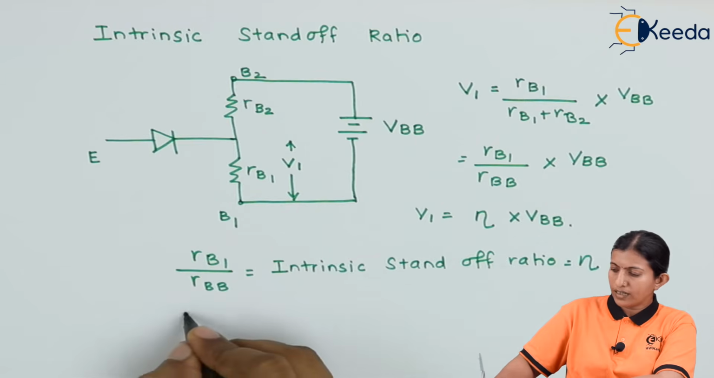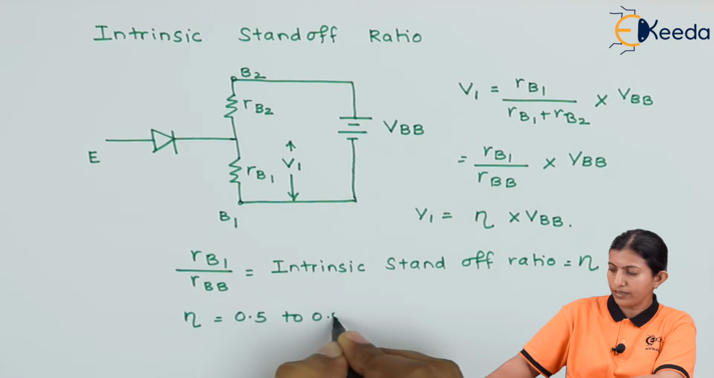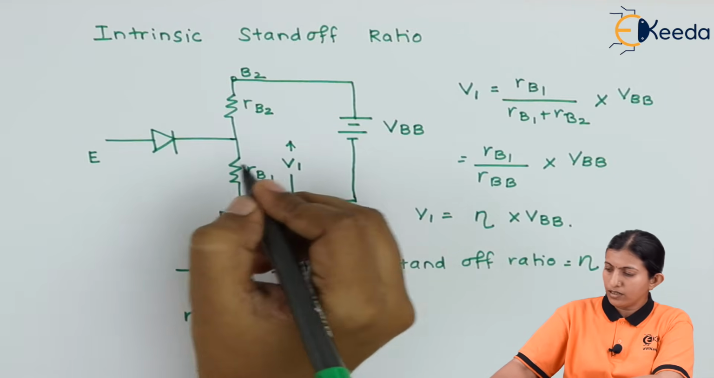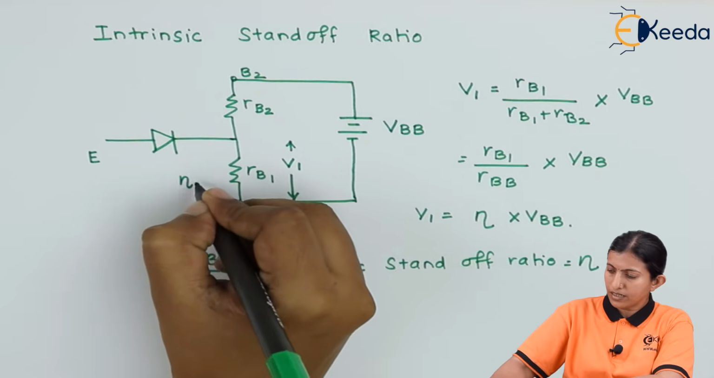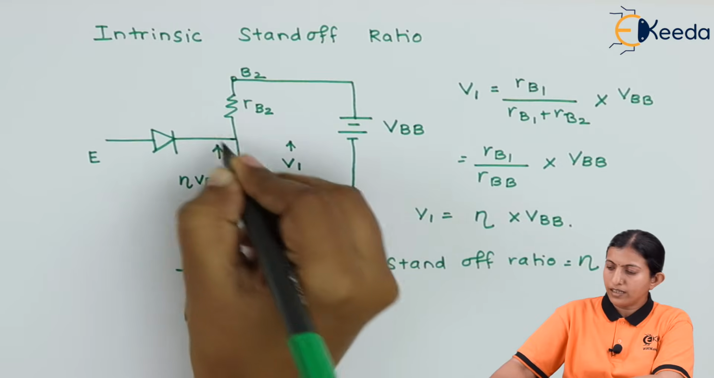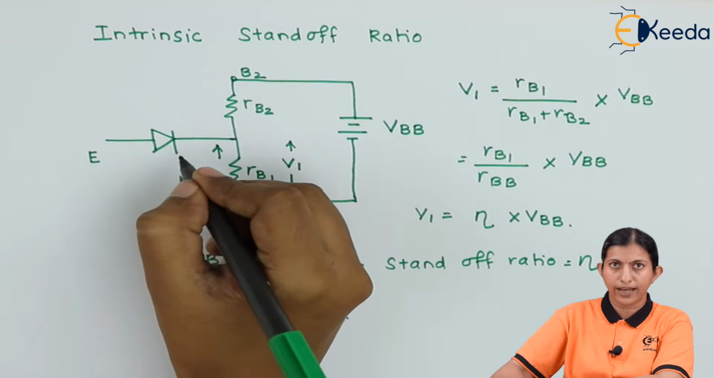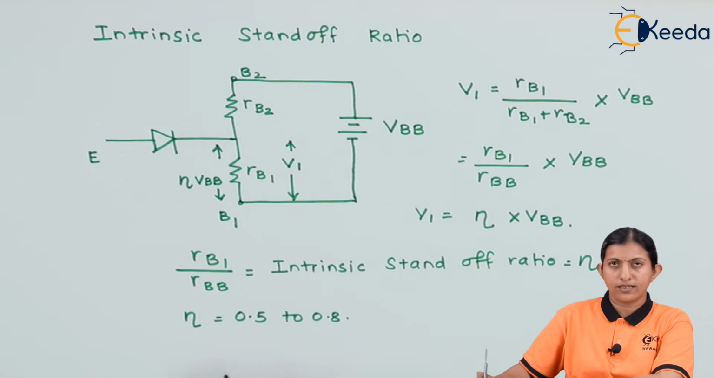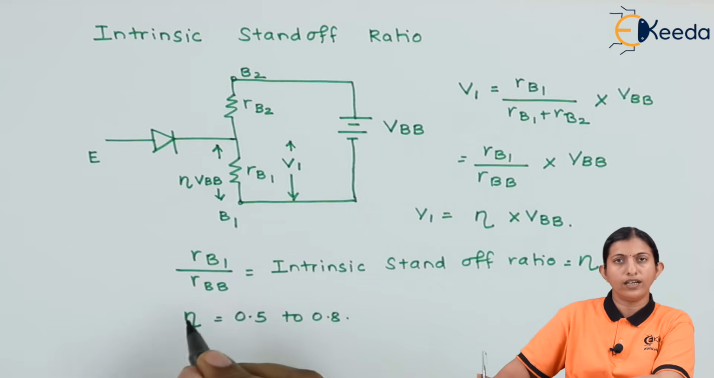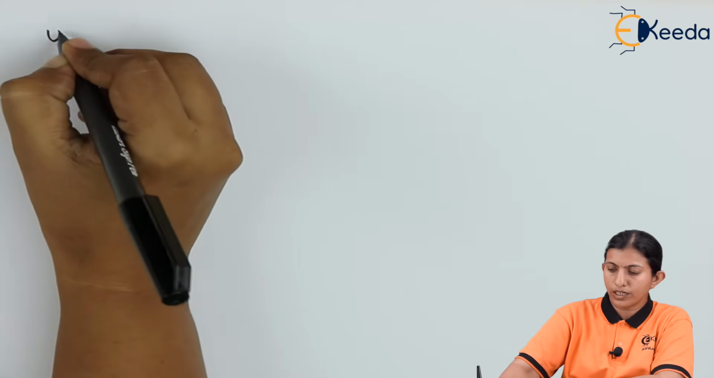The value of eta usually lies between 0.5 and 0.8. So this is the voltage drop across the resistor RB1, which is nothing but eta times VBB, and this voltage is given to the cathode terminal of the diode. So the intrinsic standoff ratio is eta, and it is equal to RB1 divided by RBB. Next, we will discuss the UJT operation,